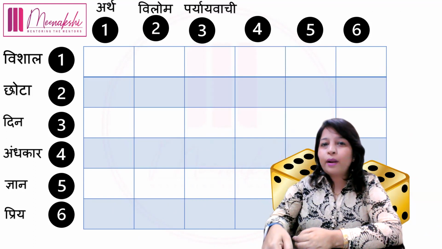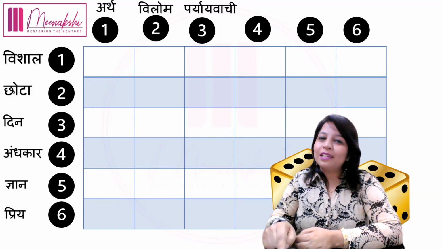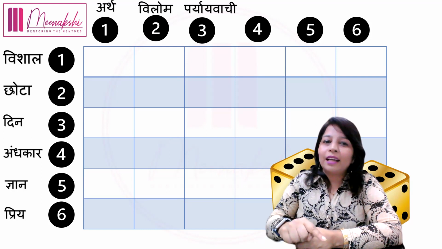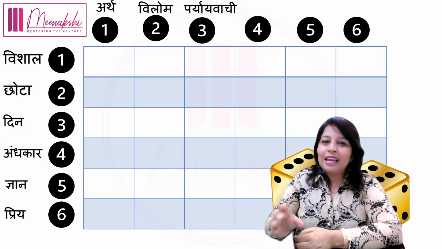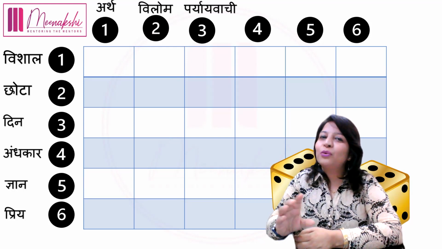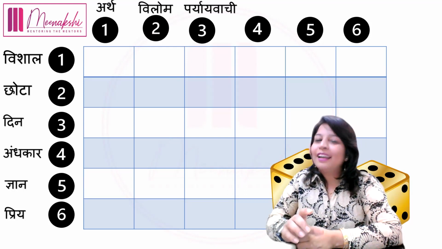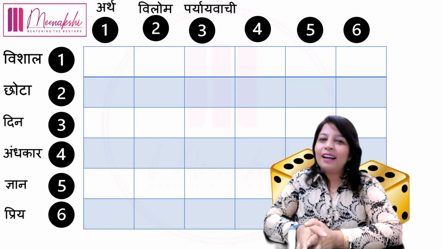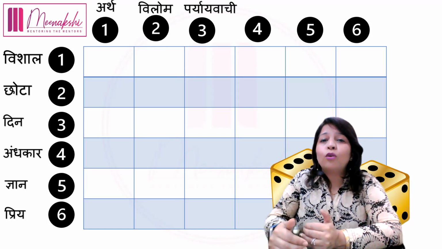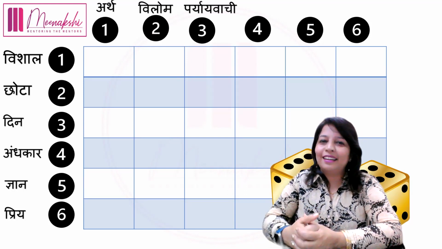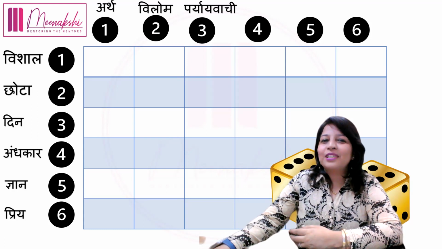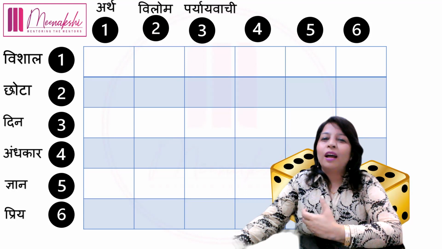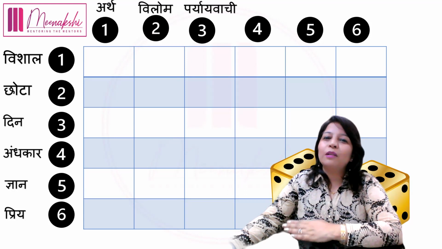तो 3 नंबर अगर उसके साथ में आए पर्यायवाची, तो बच्चे को विशाल का पर्यायवाची शब्द बताना है, और जब एक के साथ 2 आएगा तो बच्चे को विशाल का विलोम शब्द बताना है। एक के साथ एक आएगा तो बच्चे को उसका शाब्दिक अर्थ बताना है। ऐसे आप बहुत सारे ऑप्शंस उसमें ऐड कर सकते हैं। आप इसमें ग्रामर को बहुत अच्छे से रिवाइज कर सकते हैं। तो मेक श्योर आप इन स्ट्रैटेजीज को अपनी क्लास में यूज करिए, ताकि बच्चों का एंगेजमेंट लेवल, यू सी दैट, विल बी बूस्टेड।